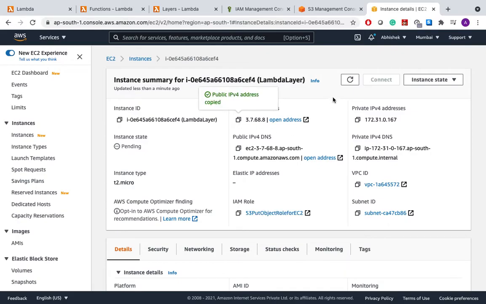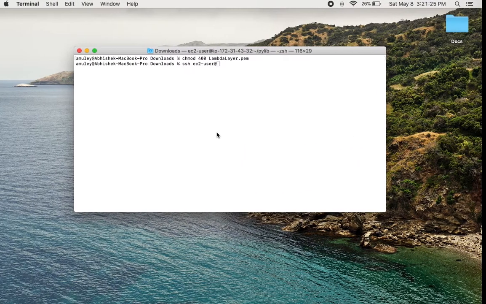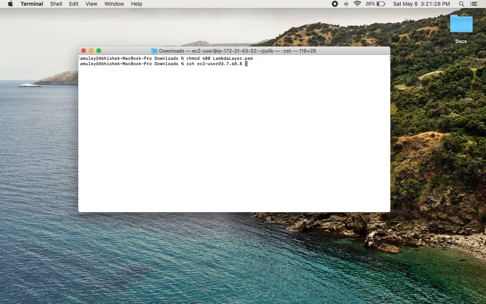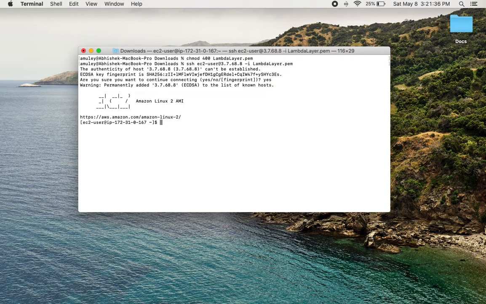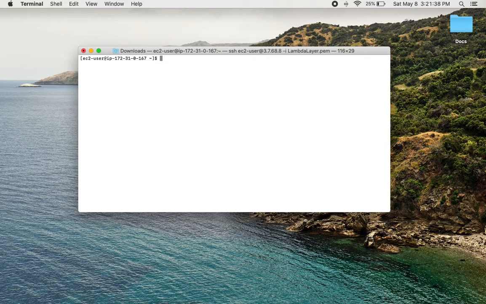So this is the public IP. Okay, and we have successfully logged on the EC2 instance.